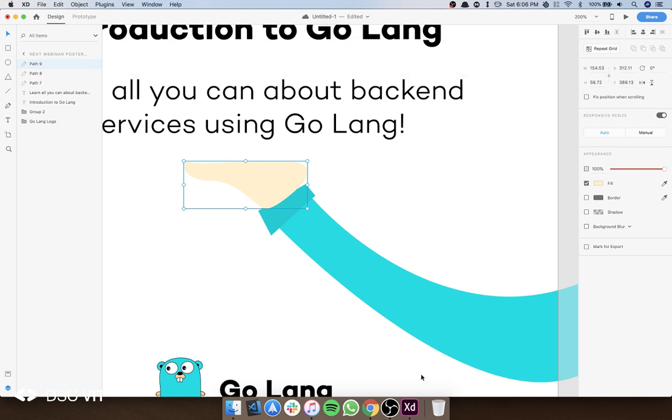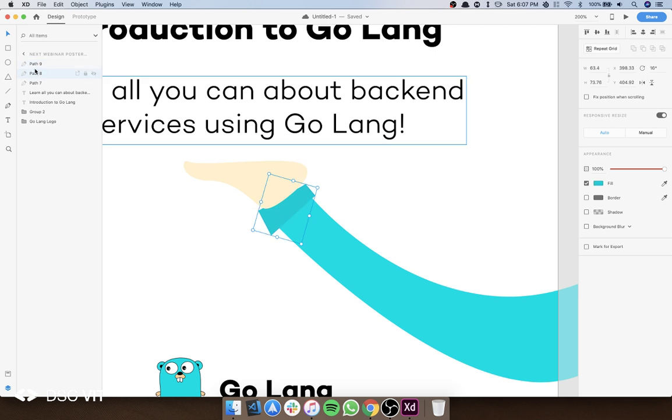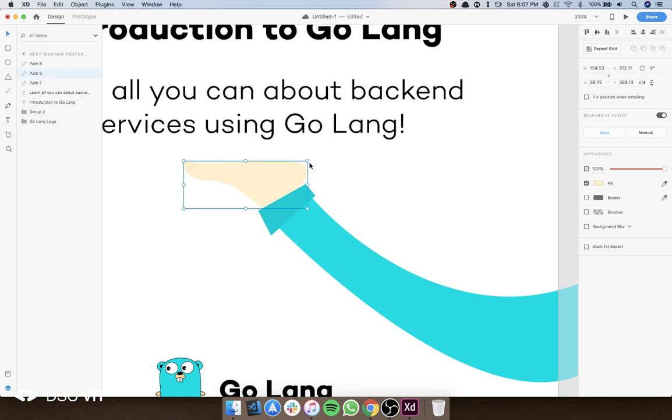So when you're on an artboard you can see that some things are above another, right? So as you can see, this is selected, and on the left hand side also you can see that path 9 is highlighted and it's on top. So it's looking a little odd when it comes over the collar. So I'm going to move it below the collar, and if I select the collar I can see it's path 8, right? So I need to move path 9 below path 8